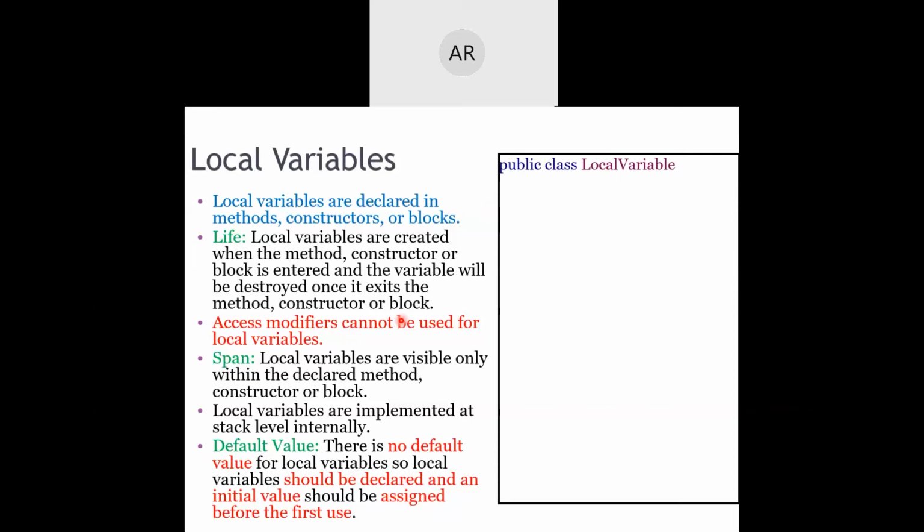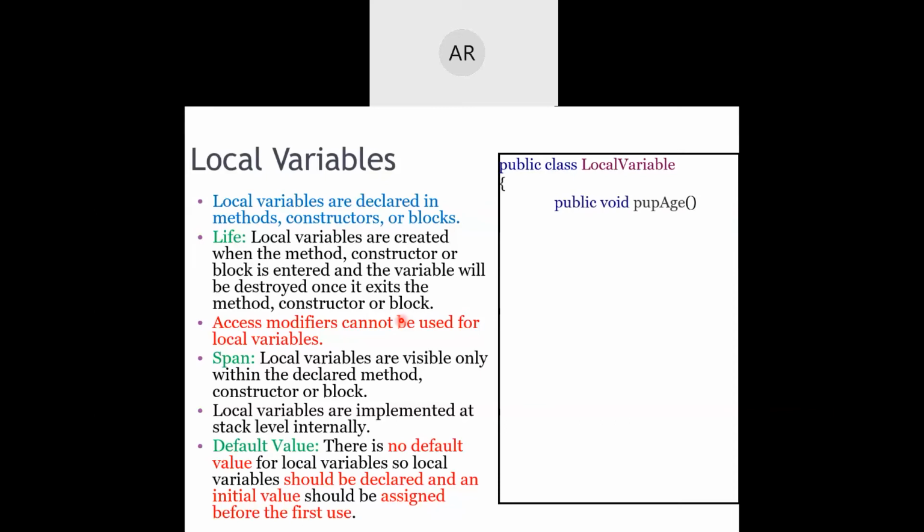called LocalVariable. This LocalVariable is my own given name to that particular class. Do remember the class name should start with a capital letter. That's why L is in capitals over there. And V is in capitals because local and variable are two separate words, and should be spelled in different ways, should be spelled separately. Just to make a distinction between the two words which are attached together, I have capitalized the second word's first letter. So the class is going to start with a curly brace, and here I have got one method